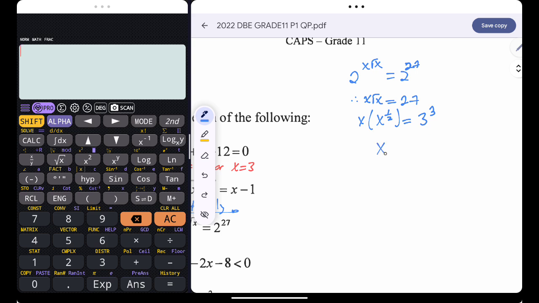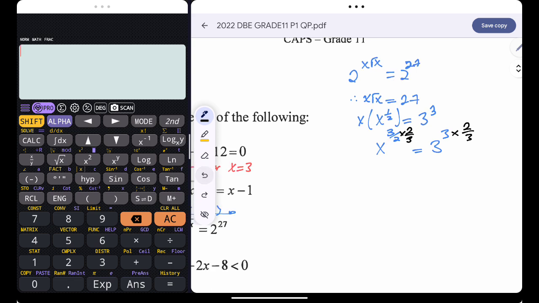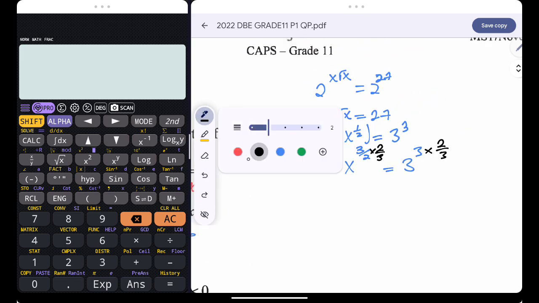I must just take one base and then add the exponents. I have 1 plus 1 over 2, which will give me 3 over 2. Then I'm supposed to multiply both sides by the inverse of the exponent. And whatever I do on the right, I must do on the left. Right? The aim here, guys, is to just isolate x by any means necessary. Are you together? Which simply means that